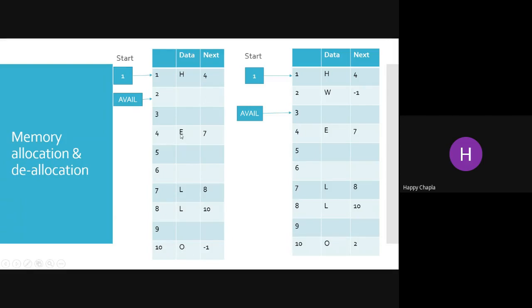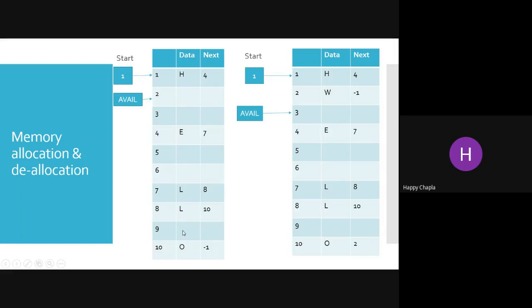When I wanted to store that E in memory, that memory block was not available for me. That's why I had to store my E and L at different locations unoccupied by other processes. 2 and 3 were occupied by other processes at that time, but now these memory blocks are free.